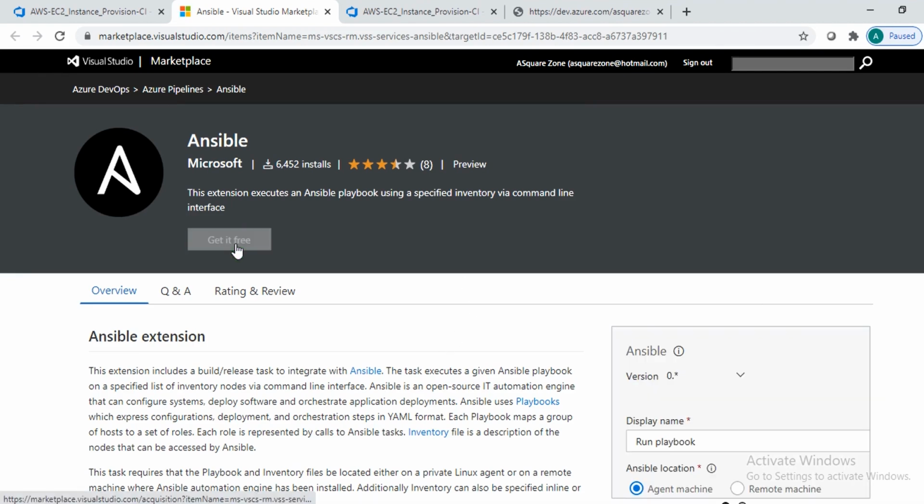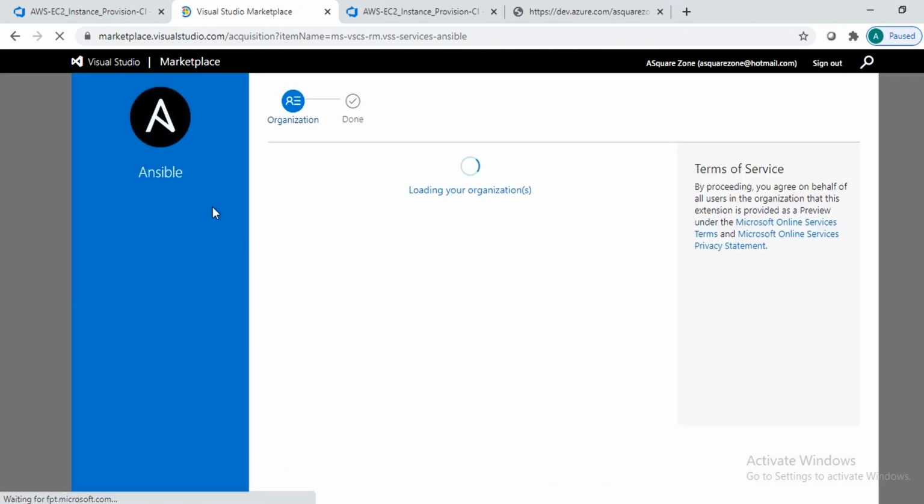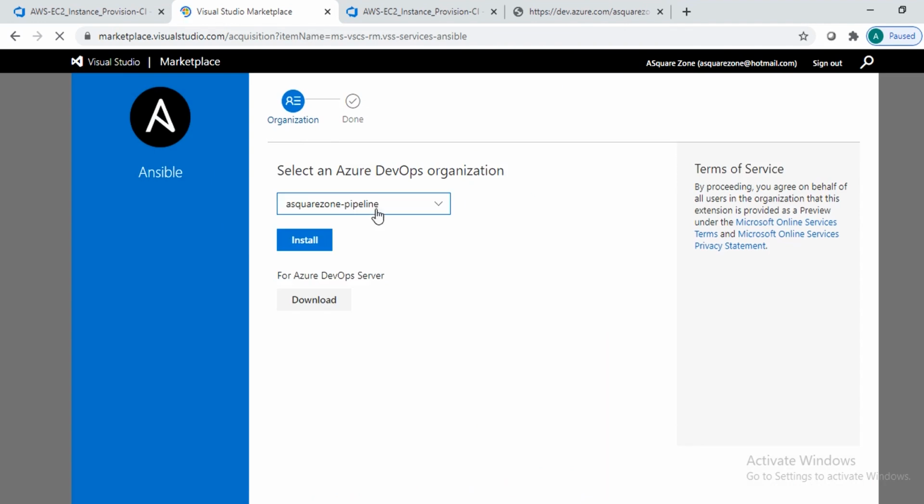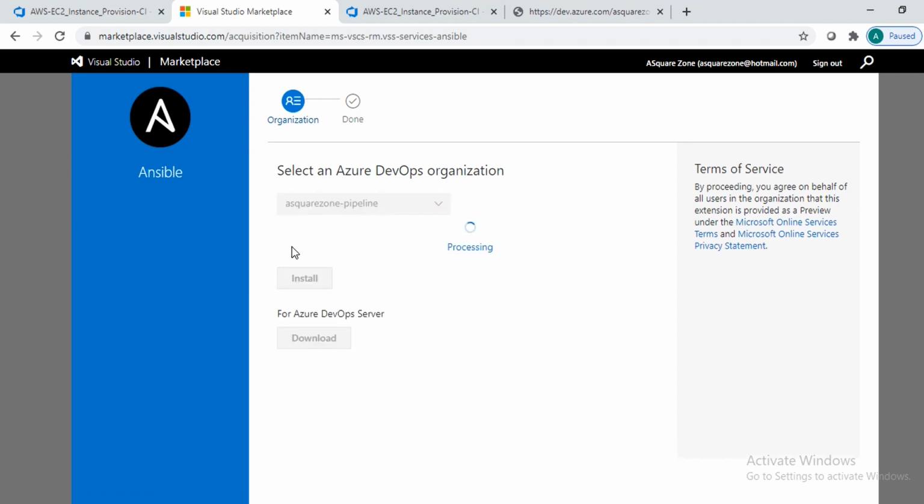So we need to click it, get it free. So it gets the Ansible Microsoft package in our project. In the organization, we are asking to install on our Azure DevOps organization.